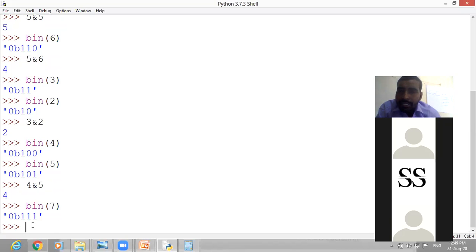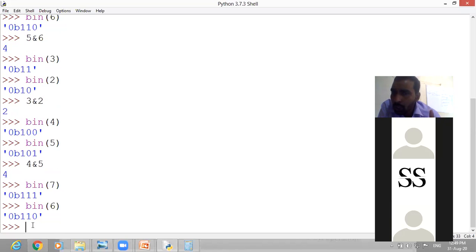It is 111. Then binary of 6. It is 110. Now let me use the OR operator. Let us write 7 or 6. So what result will we get?